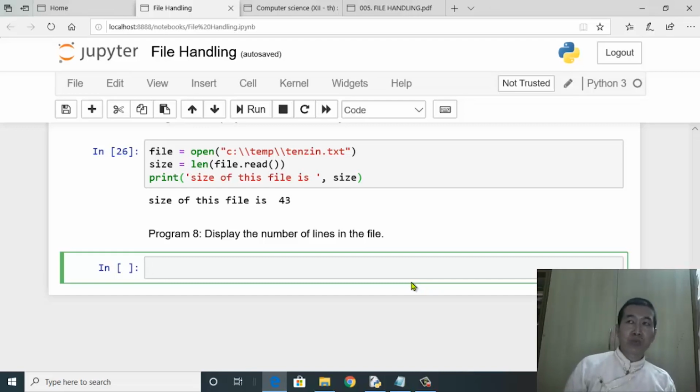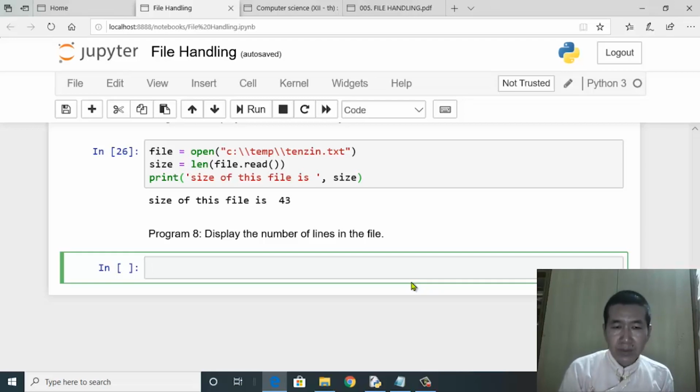What happens with readline is, yes, you could do the program with readline using a loop, okay, and then every time the loop runs, you could increment a given variable, and for the next iteration again you could increment the variable. But if you could do the program with readlines, it'll be a lot easier.